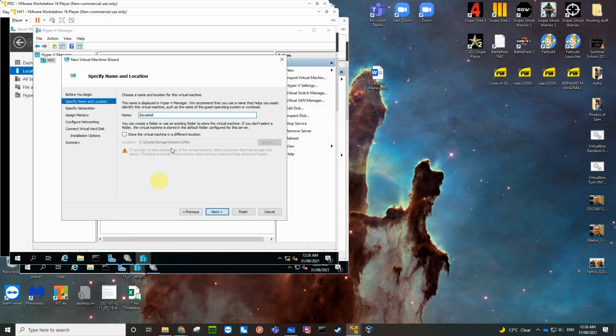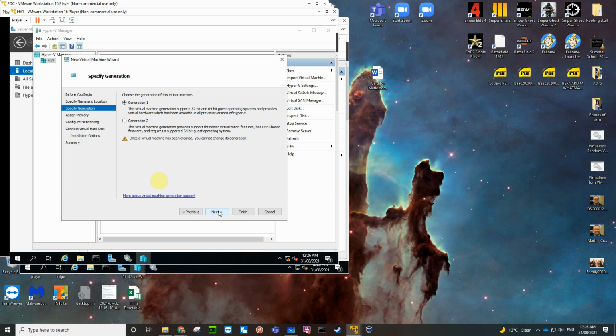Now you'll notice that it automatically is going to put it in the right place for us. See cluster storage volume 1, which is our cluster shared volume, which is our iSCSI disk. So I'm not going to bother ticking and then pointing it to it. It's going to go in the right place anyway because we changed that. Next,